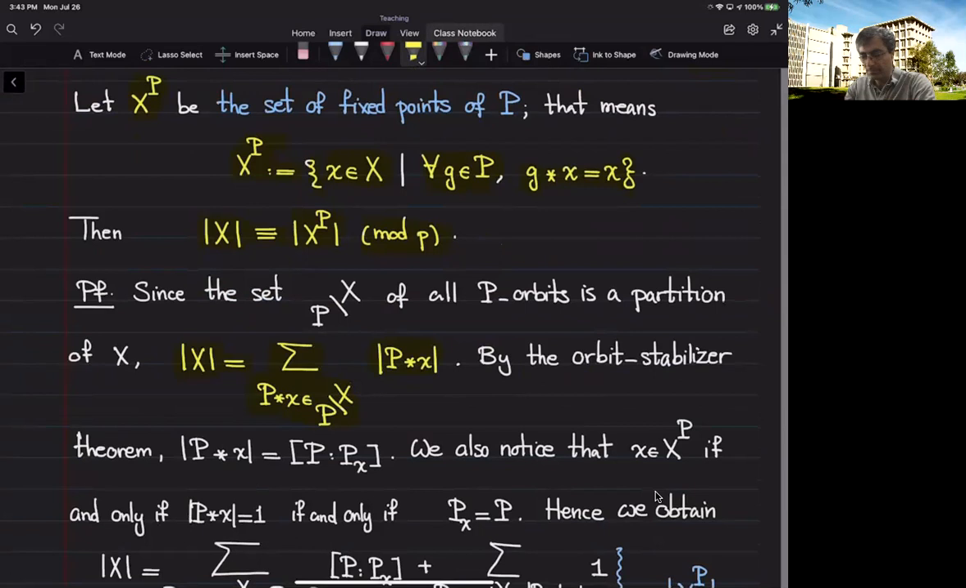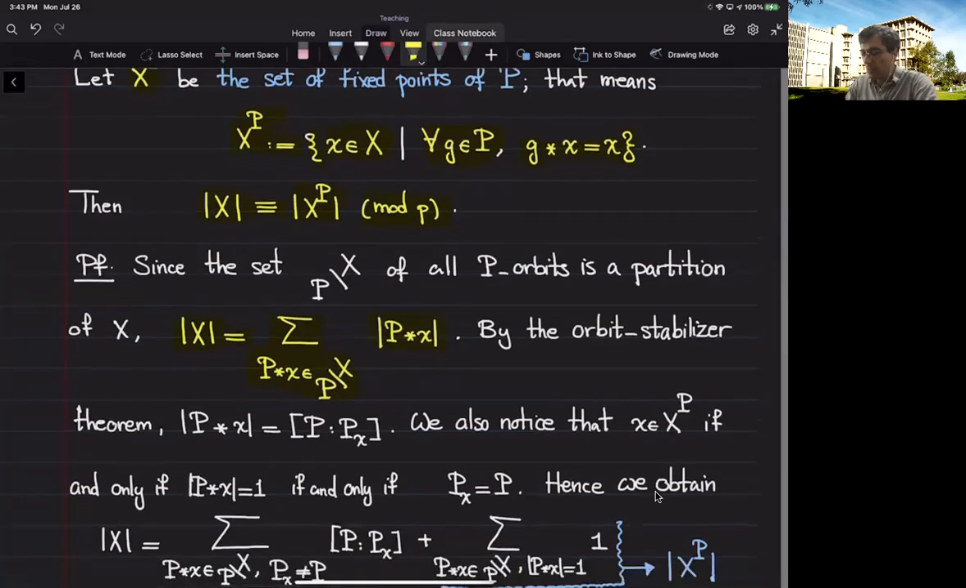the set X. By the orbit stabilizer theorem, I know the number of elements of this orbit is precisely the index of the stabilizer subgroup of P with respect to X. So the cardinality of the P orbit of X is exactly the index of the stabilizer subgroup of P with respect to X,